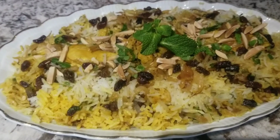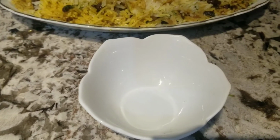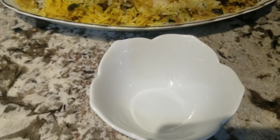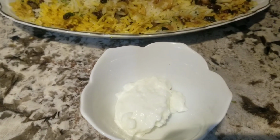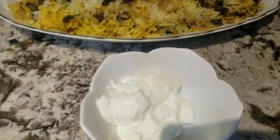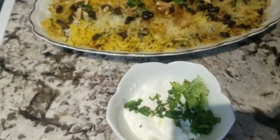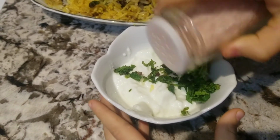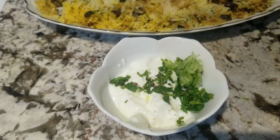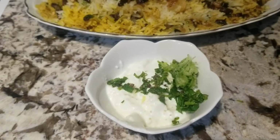Okay, now I'm gonna prepare a sauce that goes very well with biryani. It's totally optional, but I recommend you to try it out. Now I'm gonna put 2 big spoons of natural yogurt. 1. And 2. Now I'm gonna add about half a spoon of fresh mint leaves. And now half a spoon of shredded cucumbers. There you go. Now I'm gonna add a little bit of salt and pepper. Now I'm gonna mix